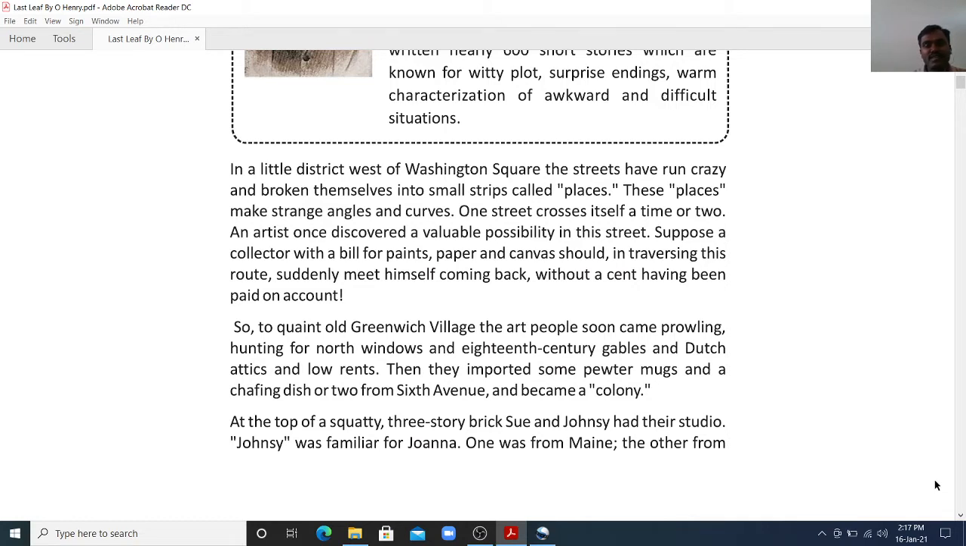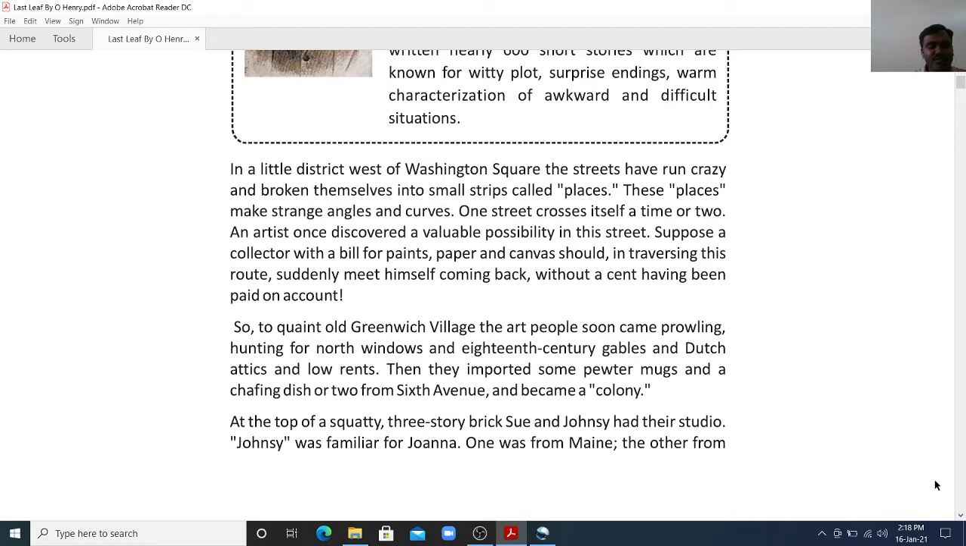So in such a way, these streets are really confusing, and they make a person directionless. So, to quaint old Greenwich Village, the art people soon came prowling. To these streets, the place with this kind of street, the art people came prowling. They eagerly came to continue with their art,